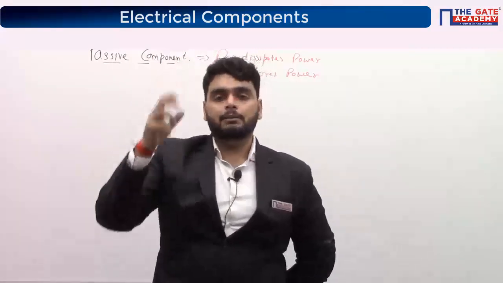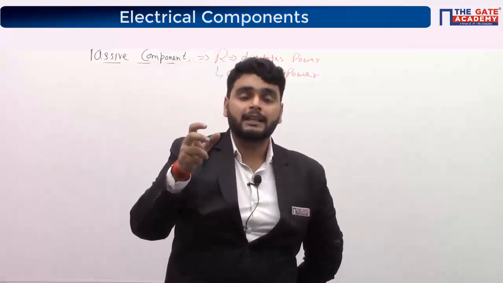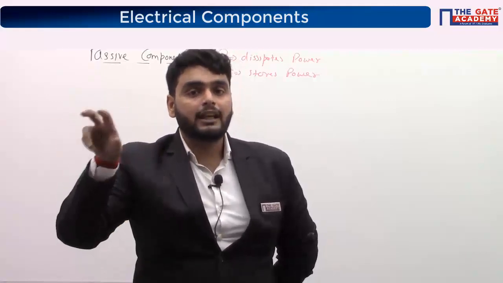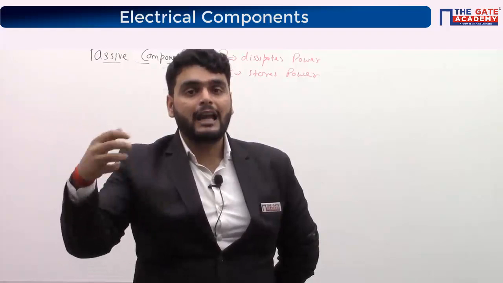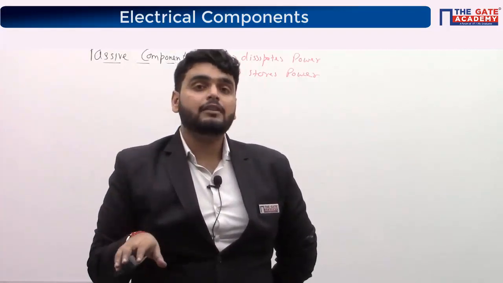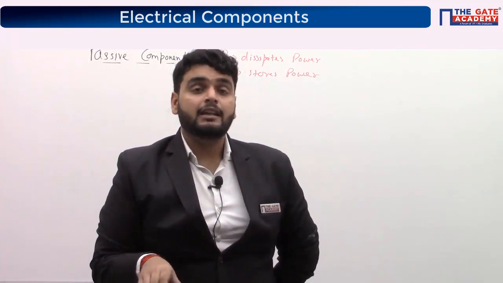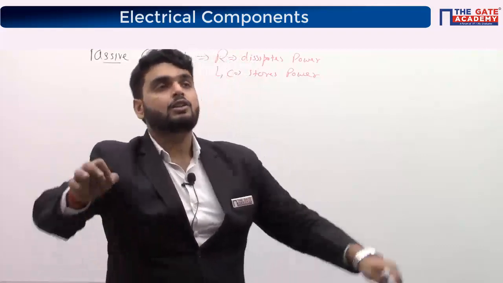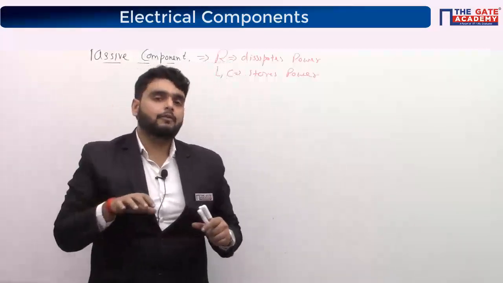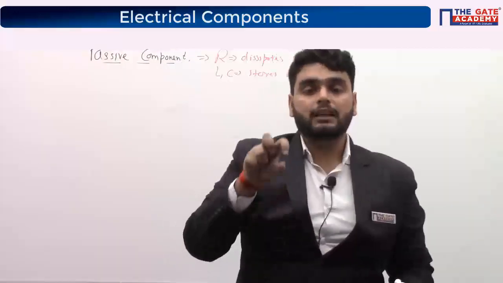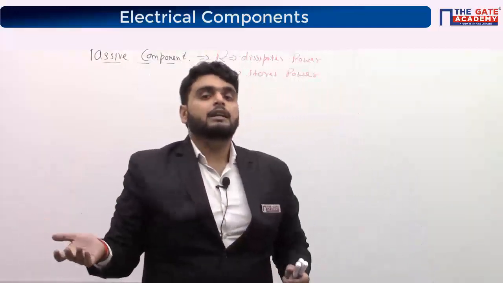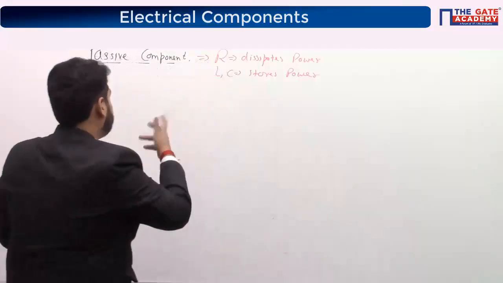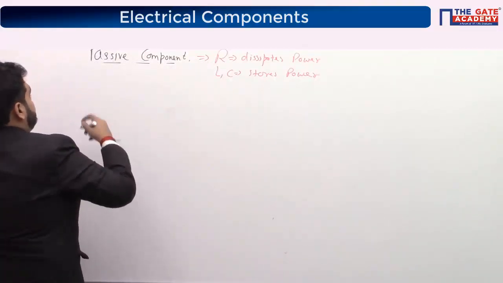For example, take a bulb. If I am talking about a bulb, what is happening? That heat energy is responsible for the brightness of the bulb. So there the heat energy is not the loss. That is advantageous for us in the case of a bulb. So never say dissipation means loss. And if I am talking about some normal circuit, that heat energy is a loss. So loss or advantage depends on what type of application you are using. Dissipation means conversion of one form of energy into another form. So the resistor converts electrical energy into heat energy. Got it? So first of all, we will talk about the resistor.